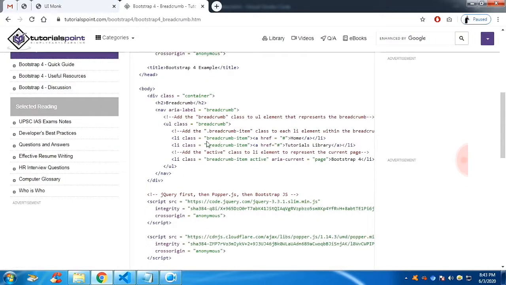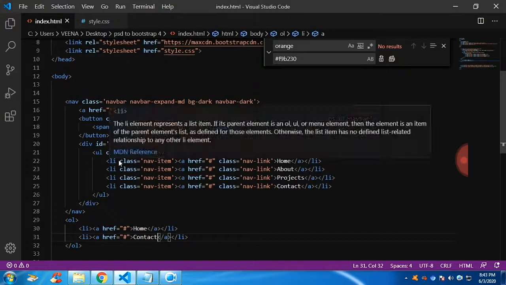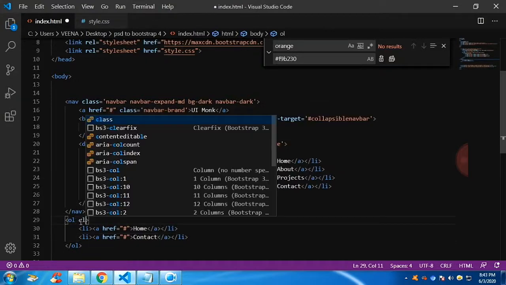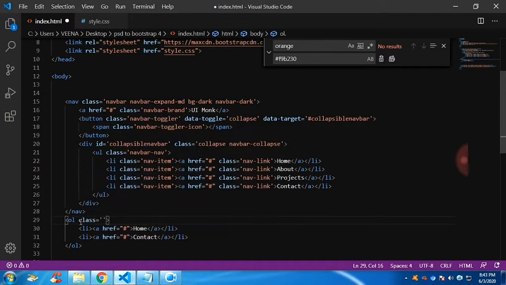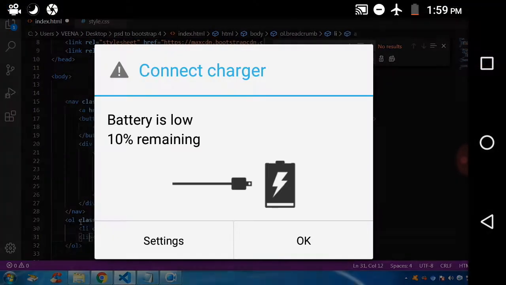The ordered list will have breadcrumb, and the list item will have class breadcrumb-item. So let's give the ordered list as breadcrumb, and let's give the list item as breadcrumb-item. Sorry, breadcrumb-item. Sorry for that.